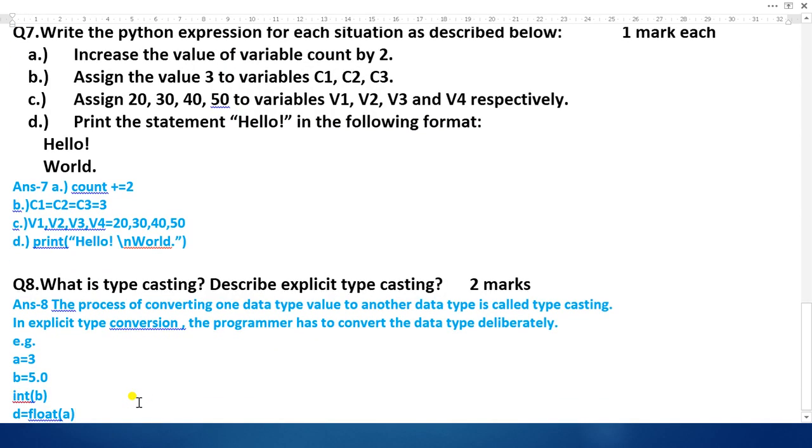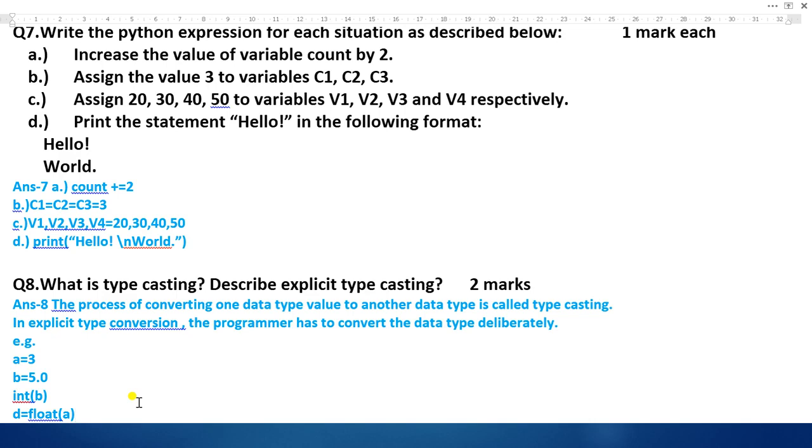Now what is typecasting and describe explicit typecasting. The process of converting one data type value to another data type is called typecasting. And what is explicit typecasting or conversion? The programmer has to convert the data type deliberately.